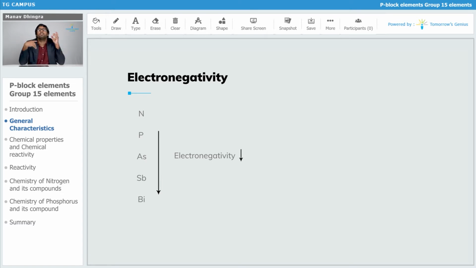And nitrogen is one of the most electronegative atoms in the whole periodic table, right? Fluorine, then oxygen, then it is nitrogen. So that is the trend of electronegativity. Moving further,